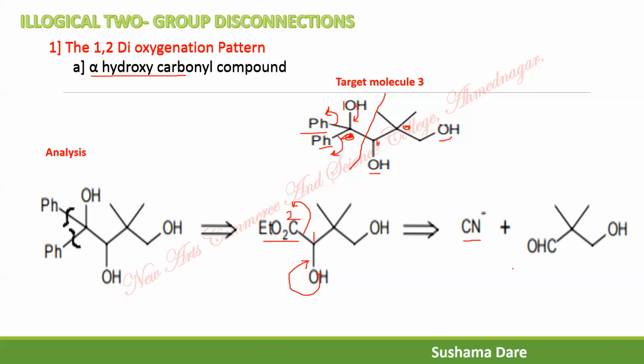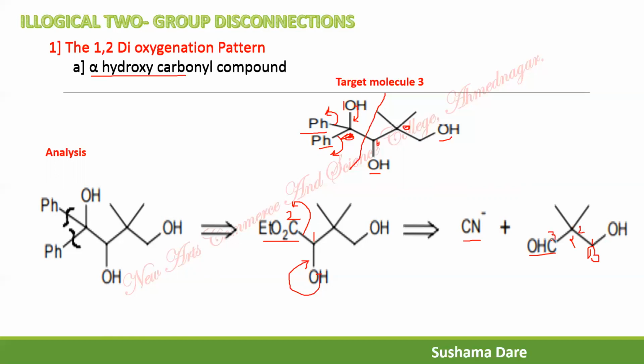And what is the remaining part now? The remaining part converts to CHO and this one. Now what is the new relation generated? Now it is a CHO group. So this is a carbon, this is the alpha carbon, and this one is the beta carbon. On the beta carbon there is a hydroxy group. So the new relation generated is a beta hydroxycarbonyl compound, or it is an aldol condensation reaction. So we can number it like this: 1, 2, and 3.